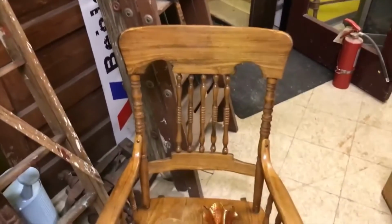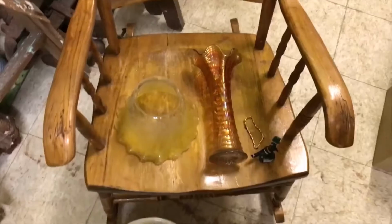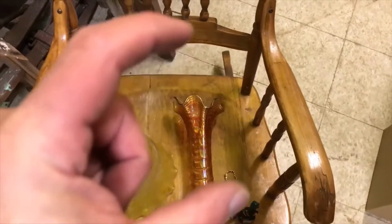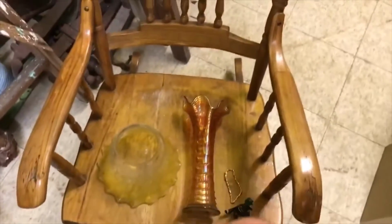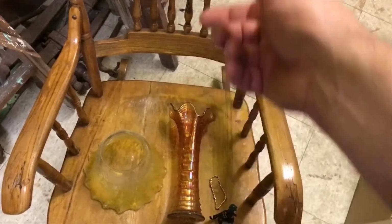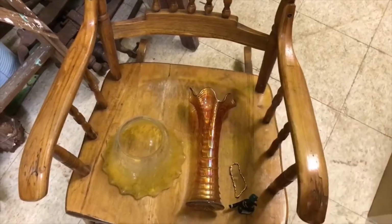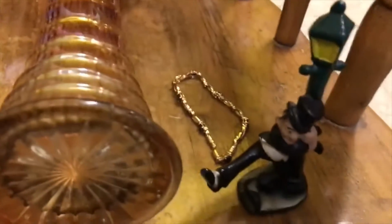And got a rocker right there, kind of a nice old rocker. Carnival glass swung vase. They call them swung vases because they started out basically as a tumbler-type size, and then the glassmaker would literally swing them when they were hot so that it stretched, and then would hand tool the lips. And a nice shade, as you can see beside it, and a cast iron bottle opener of a drunk on a lamppost,